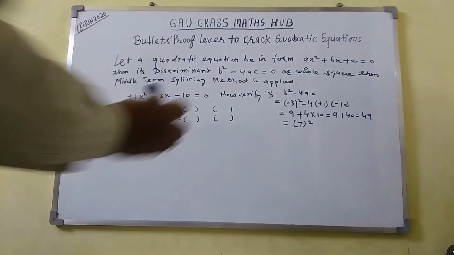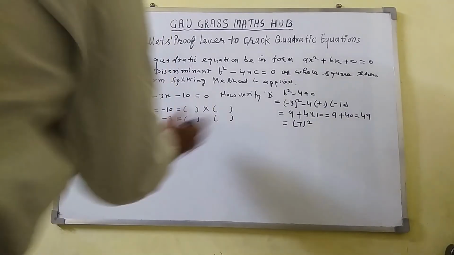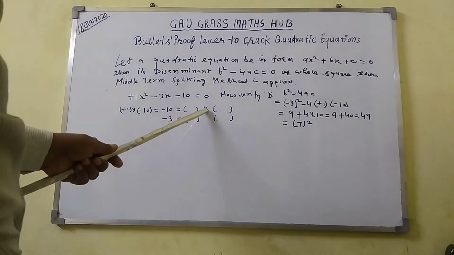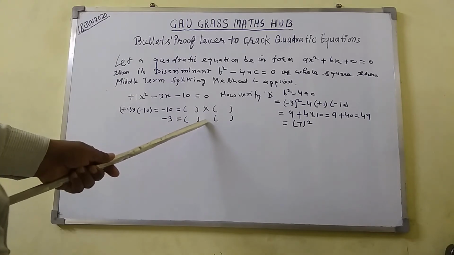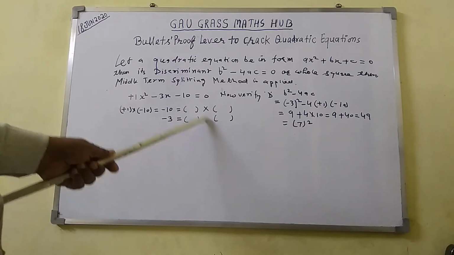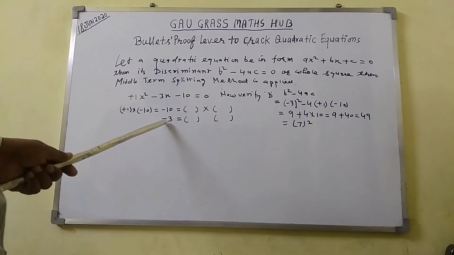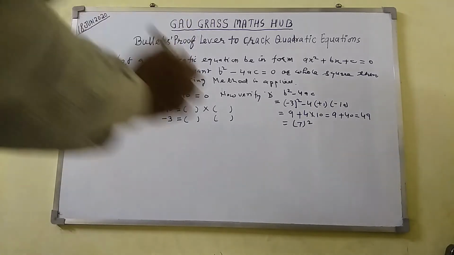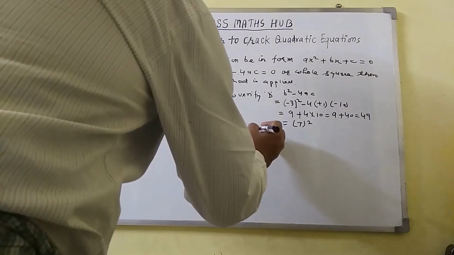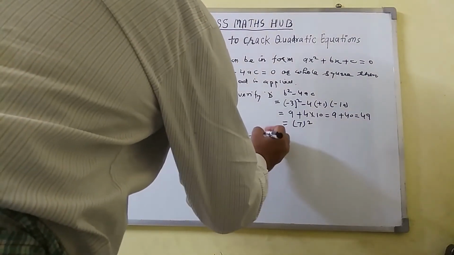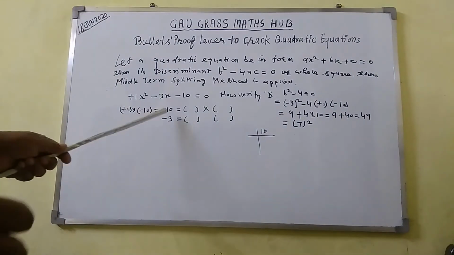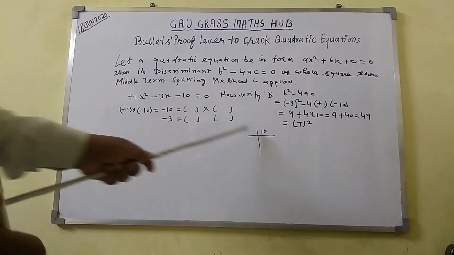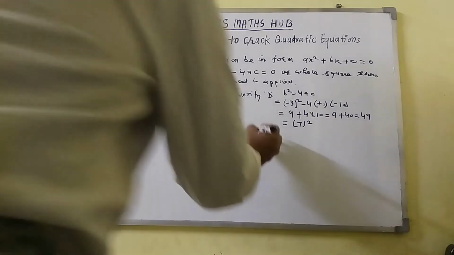Now what we'll do here, make 4 boxes like this. In the first row, the multiplication sign is fixed here. Here the sign will be either plus or minus. That sign will depend on this value, minus. Now do the prime factors of 10. Since this value is 10, do the prime factors of 10, and you will get like this.